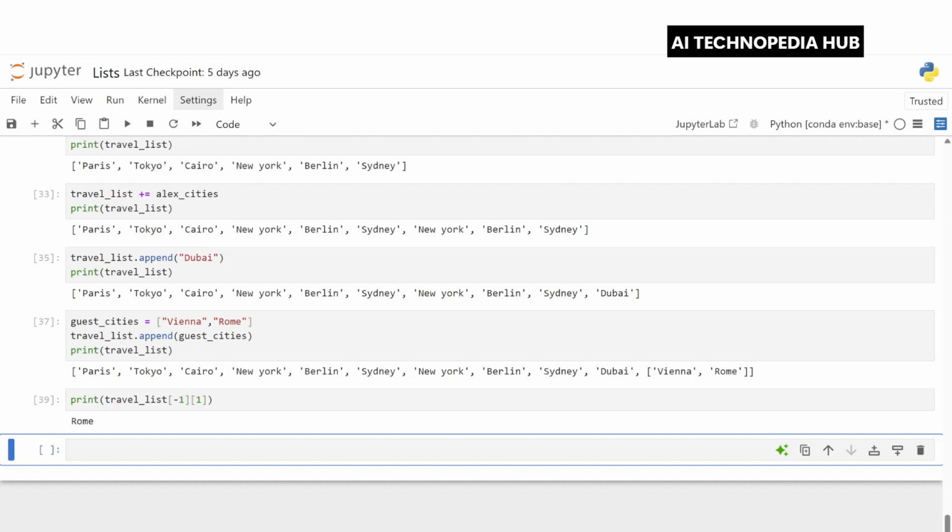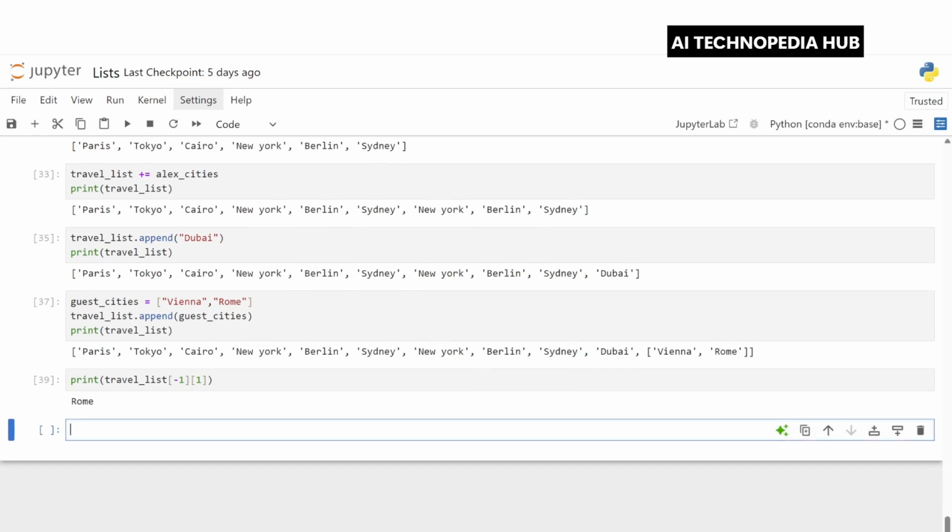Now, another useful method is extend. What does the extend method do? It adds each element from another list into the current list. So it will not add as a list, but it will add as individual elements in the list. So let's see how extend works. We have travel_list.extend, and then we give in double quotes, let's say, Lisbon, comma, let's say Madrid.